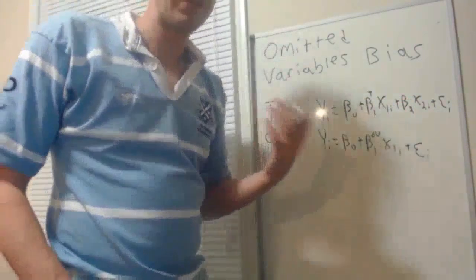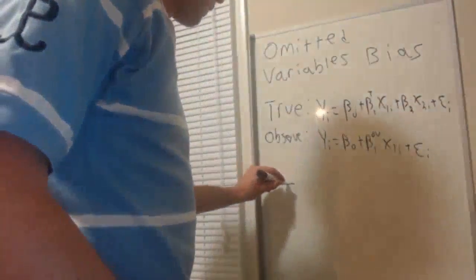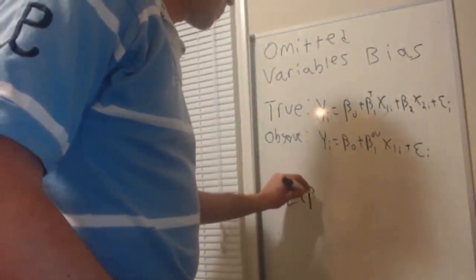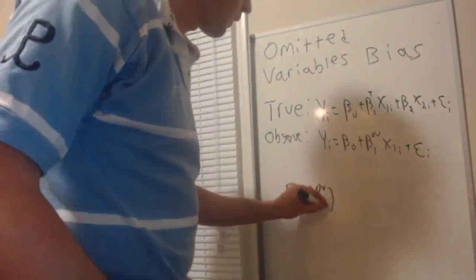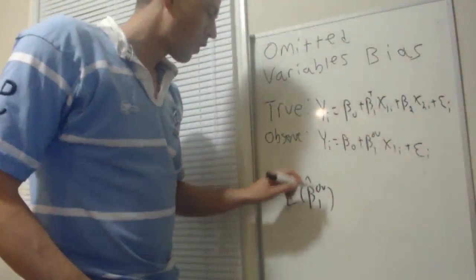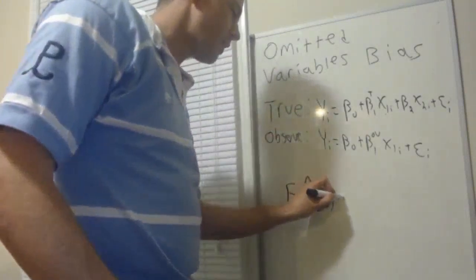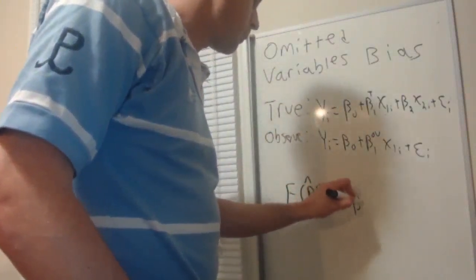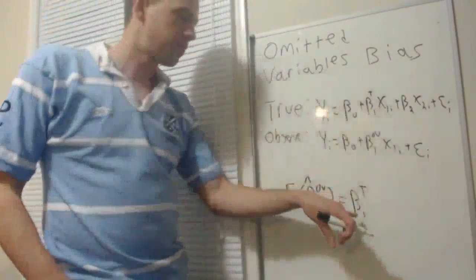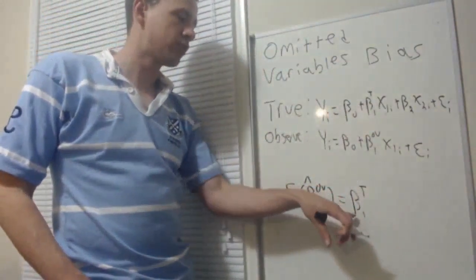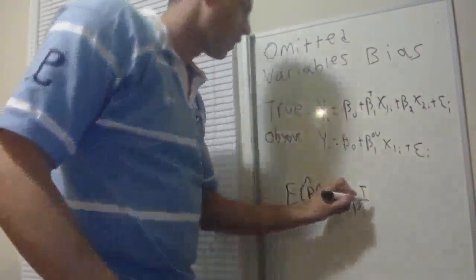And so the bias formula is that the expected value of beta 1 OV hat, what we expect to estimate in this observed model, is the true causal impact of education on wages, or whatever slope it is we're estimating, plus